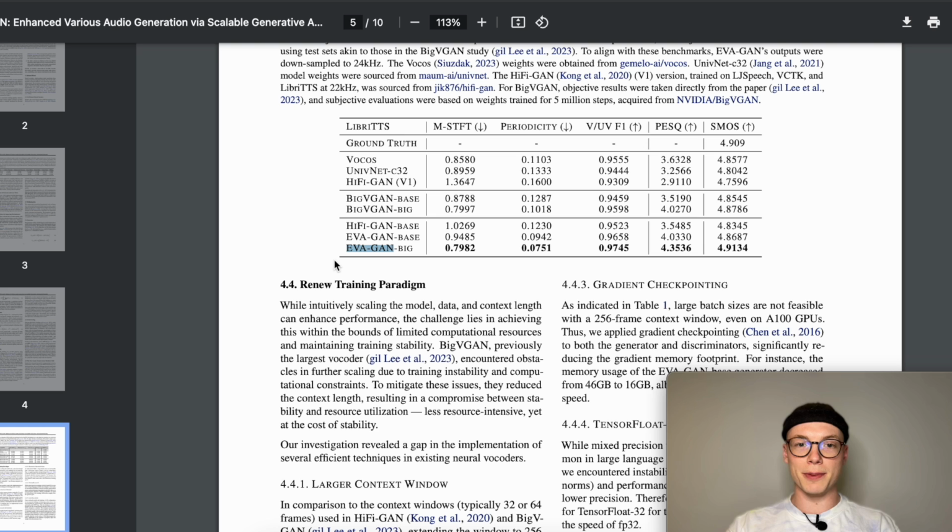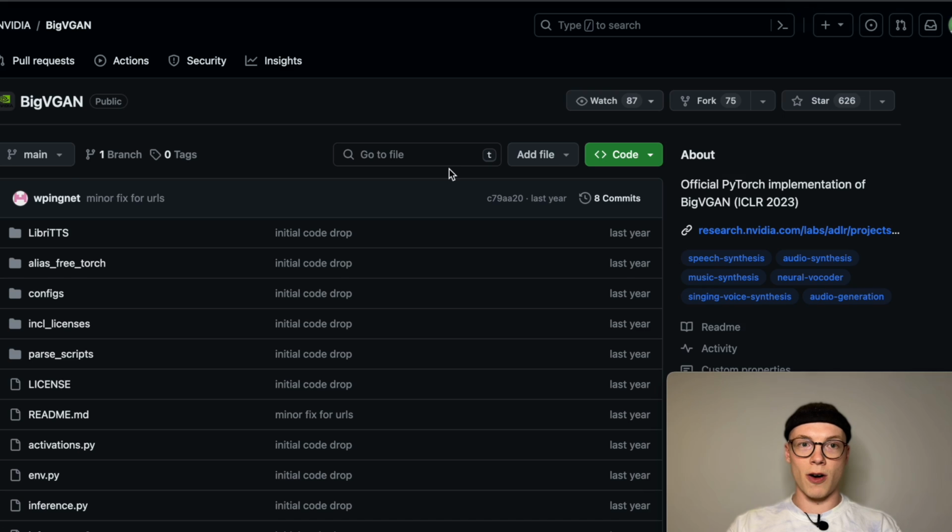And while this paper promises new state-of-the-art results, I've checked it and this model is unfortunately not open source available. But what I've seen, the BigVGAN that performs better than the UnivNet that we can see here is open source available, and it's actually from NVIDIA research and was a paper at the ICLR 2023, so last year. And yeah, if you wanted to improve the Tortoise architecture, you could actually replace the UnivNet with the BigVGAN model,